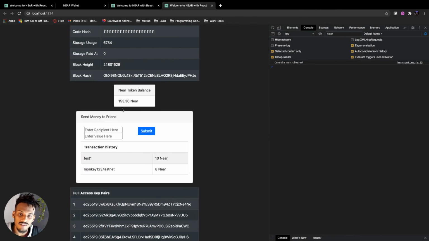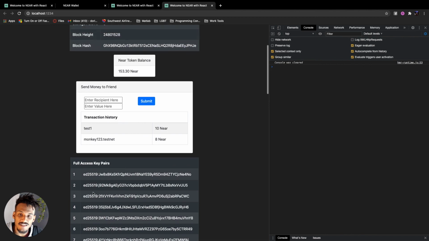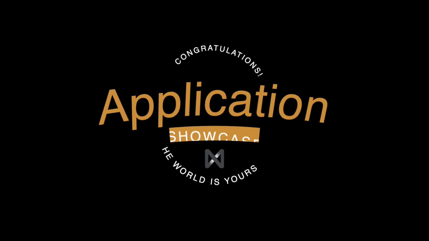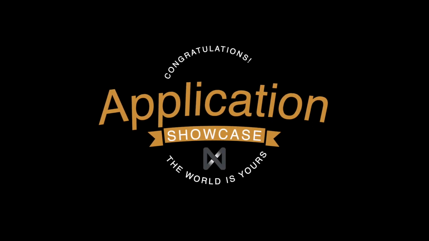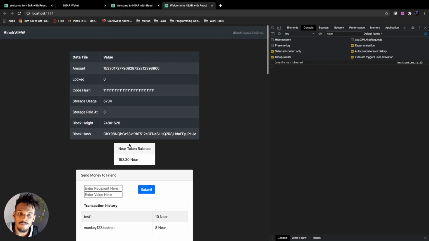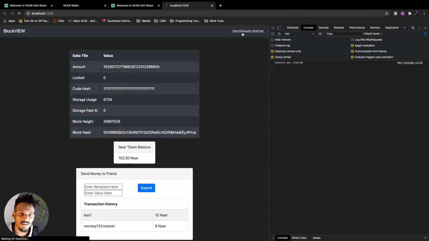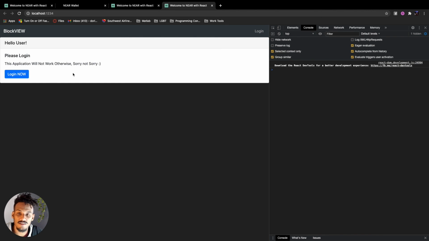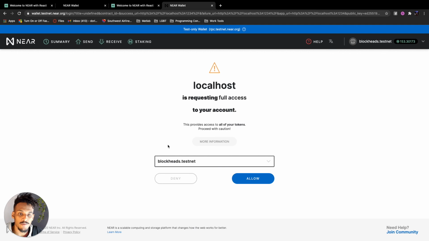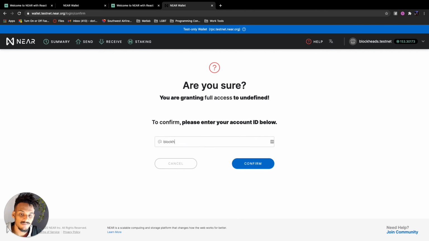We have some nice spacing in between the send money box and the balance box, as well as some nice spacing in between the access keys and our send money feature. And there we have it. We can log out, see this notification for the user to log in. Let's get rid of this inspection tool. So requesting full access to an account, now you guys know how to do that. I'm going to log in with BlockHeads.testnet. And once we log in,